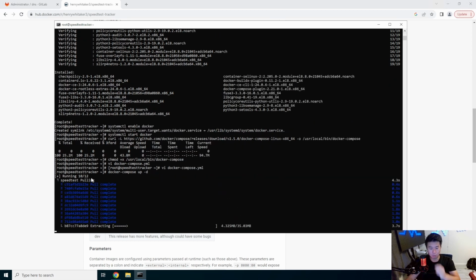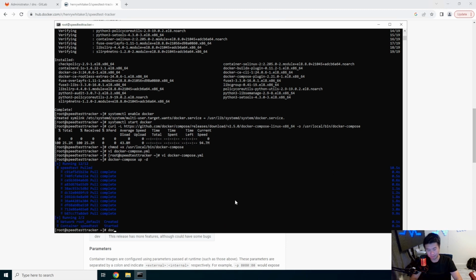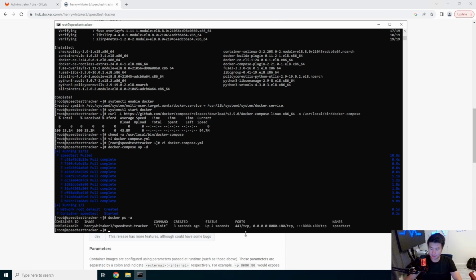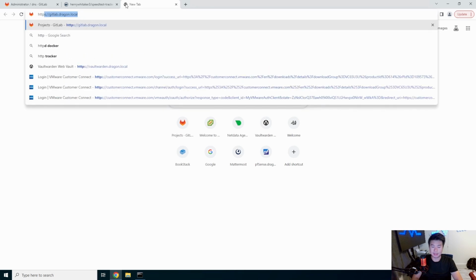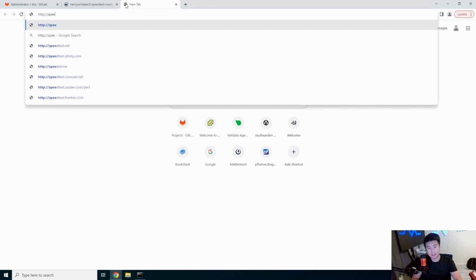Looks like there are 12 steps in this container that will pull down. It doesn't look too big. And then once this is pulled, it should start running. Essentially, we will hit it on 8080, and then it should redirect us to 80 on the container. So it might still be spinning up, but we can do HTTP and then speed test